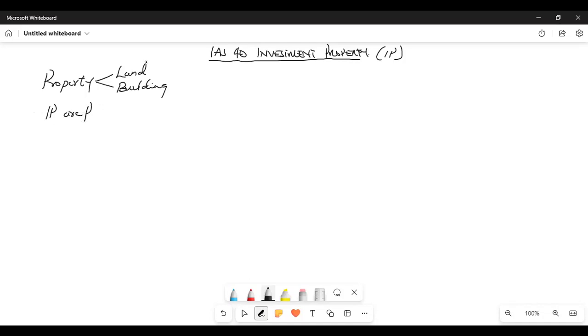So they are properties. And this time round, it is not used for administrative purposes. Neither is it used for production. So these are properties held by an entity